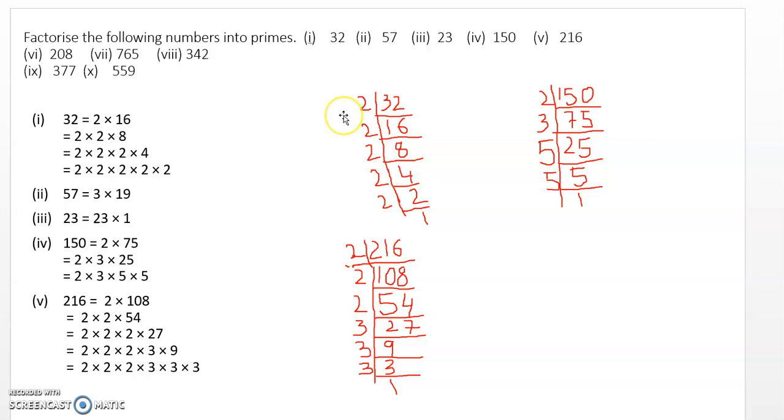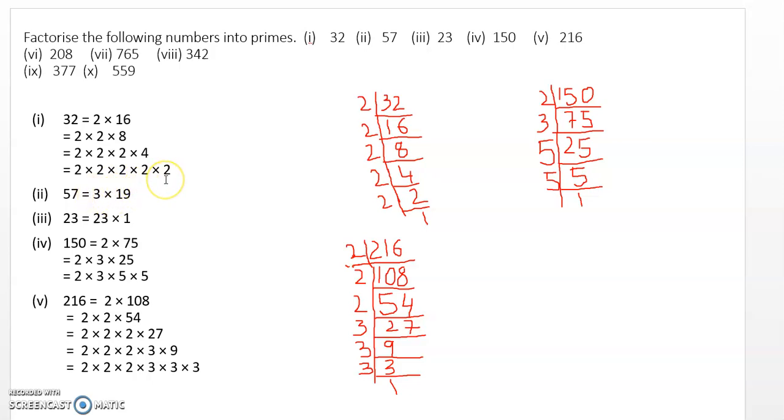So in the prime factor method, how do we write 32? That is 2 multiplied by 2 multiplied by 2 multiplied by 2 multiplied by 2, because 2 is a prime number. So this is the final answer, 32 factorized by the prime factor method. So like this you have to do. Now next it is asked about 57. So 57 goes in the table of 3, and then 19. So this is there.